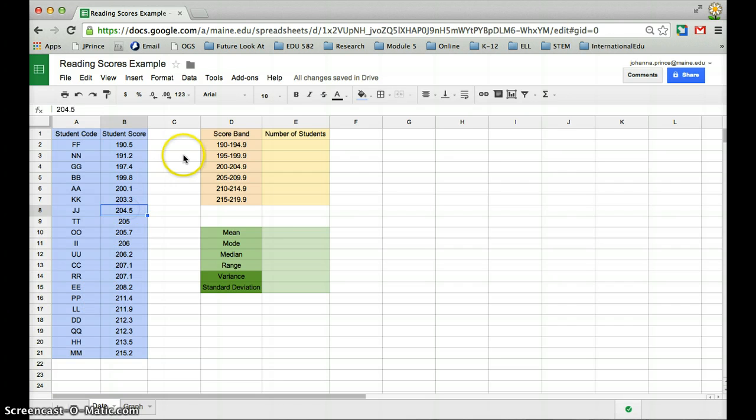So now I'm going to count the number of students in each of these score bands and enter that number here. For this first one, there's 2 students. There's also 2 in the next band. Then there's 3 in this band. I have 7 in this band. And then I've got 5 here and 1 here. Okay, so now I've got my distribution, and I'm going to select this data here and then click on my